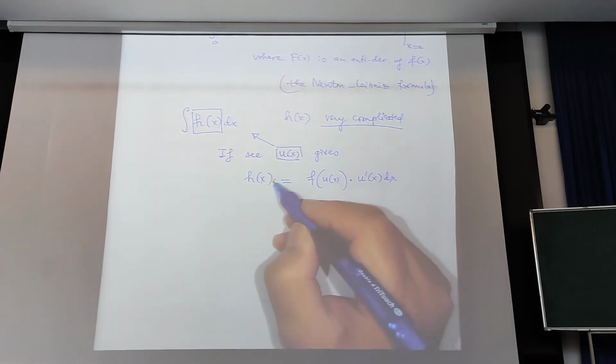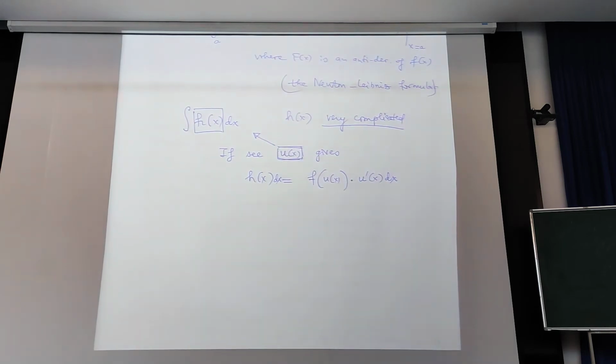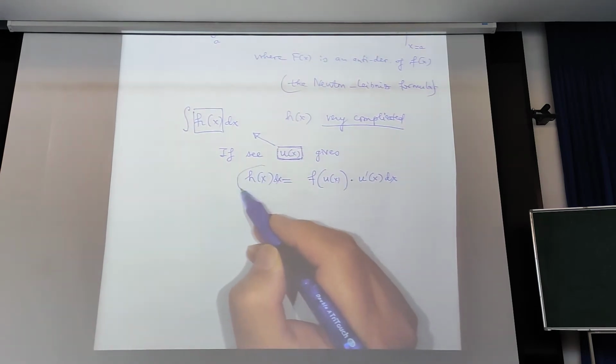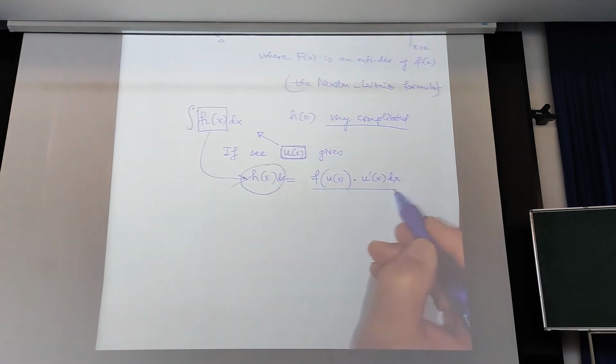So you see h of x dx. If you see there is some u, you can rewrite the integral in such a form,